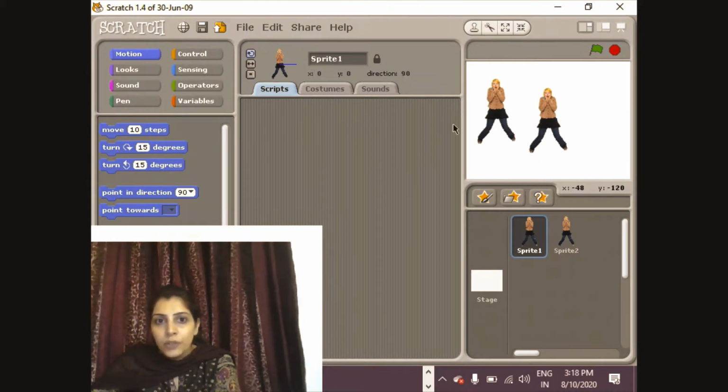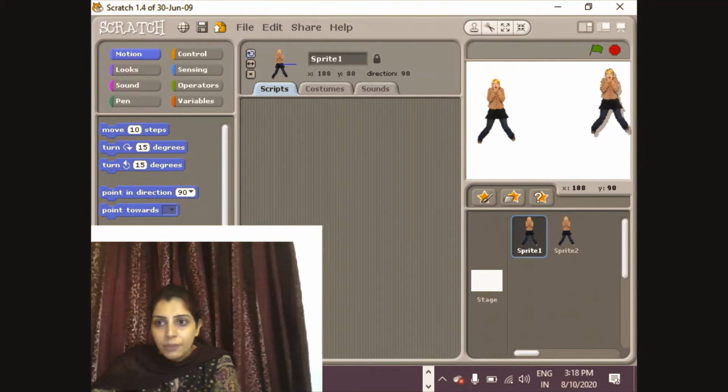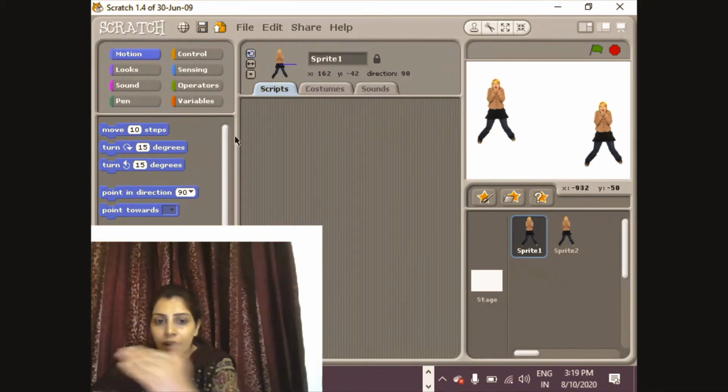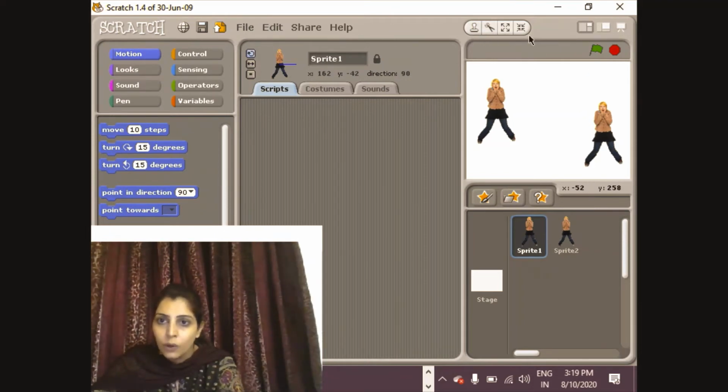So here also you can see I'm moving my sprite. So this is the current information. You can check it from here also. In which direction my sprite is pointing? It is pointing to a 90 direction. That is, 90 means right side.